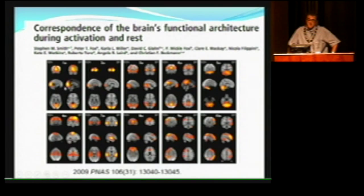But what was then done, and is shown here, is on the left of each panel is an independent component from resting state, and on the right is the same software, same analysis, exactly on the co-activation data. So the left panel each time is entirely resting data, and the right is entirely activation data. You can look at them and see how similar they are, but it's extremely similar. So this was validated with 35 subjects, and you can use not 12,000 subjects, you can use 12,000 experiments to do